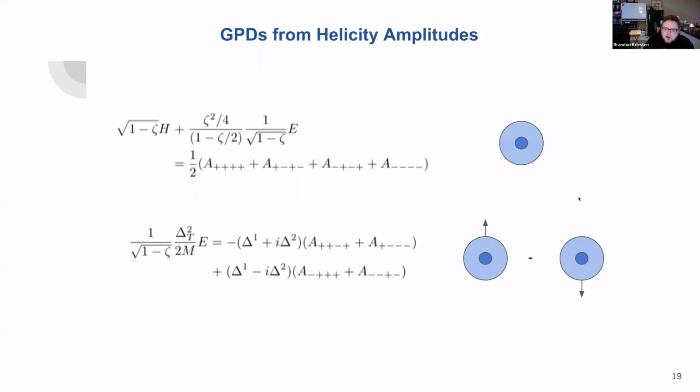And you can construct the GPDs themselves, let's say H, for instance, by summing over all the helicities. So for instance, H is the unpolarized GPD. And when we sum over all the helicities, we just take our parameterization and sum everything up. Similarly, E is also of interest in that E describes a transversely polarized proton with an unpolarized quark. And so you can see that these are transversely polarized because the proton helicity flips between initial and final state.